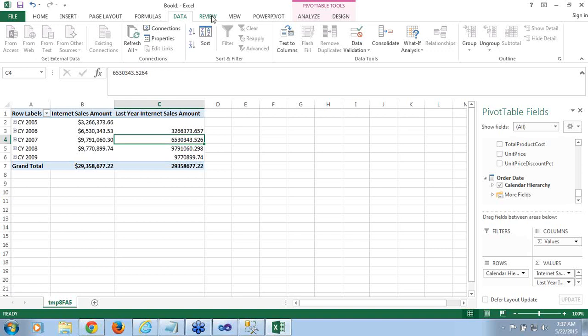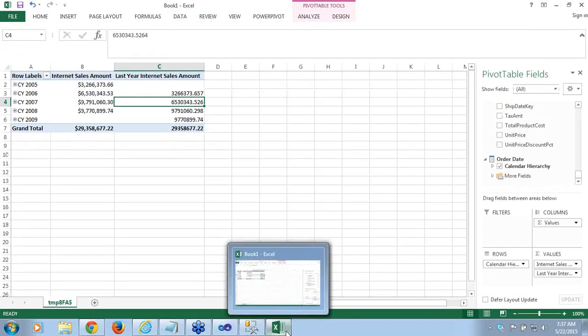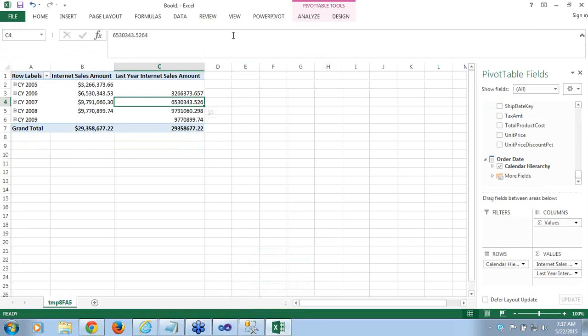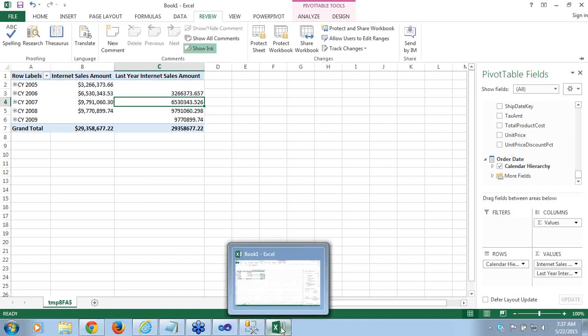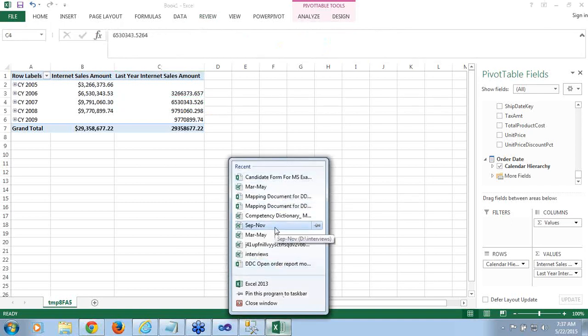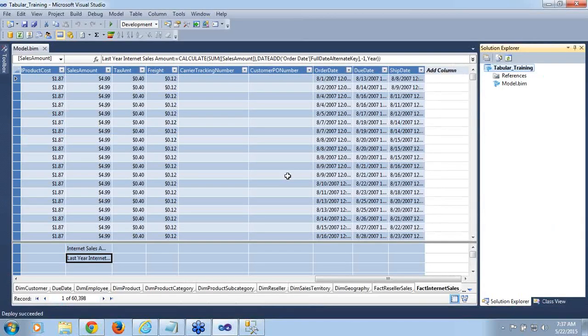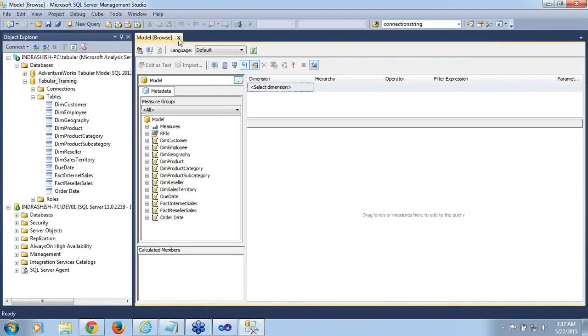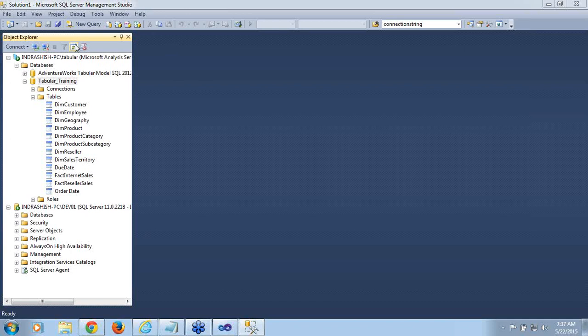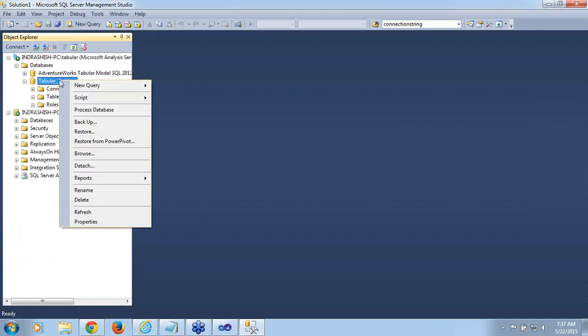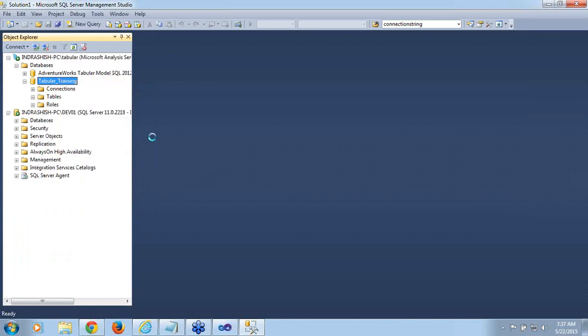Sorry, it got hanged. Okay, let me close it and open it. It got hanged actually. Okay, so now if I go to my browser, browse,